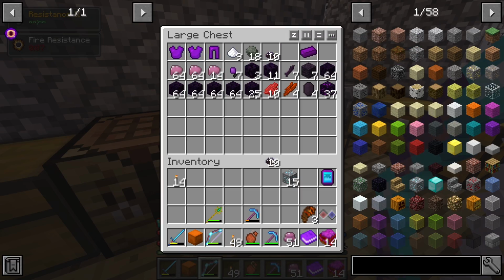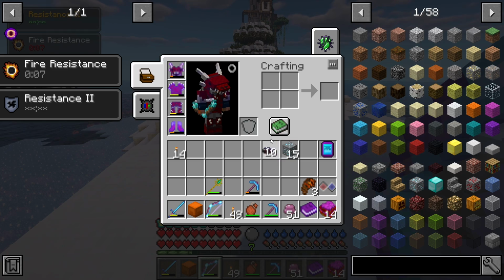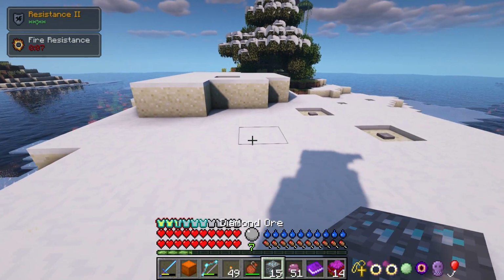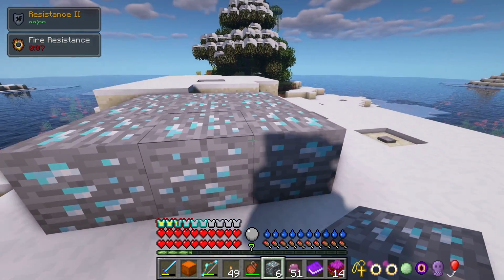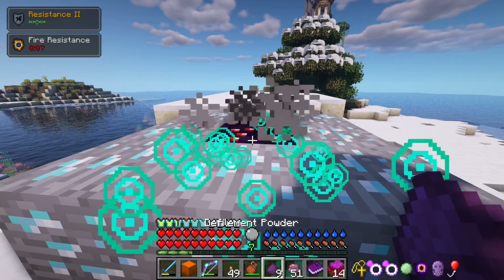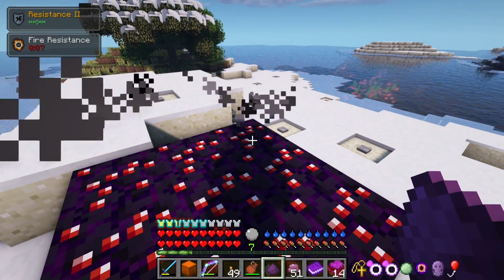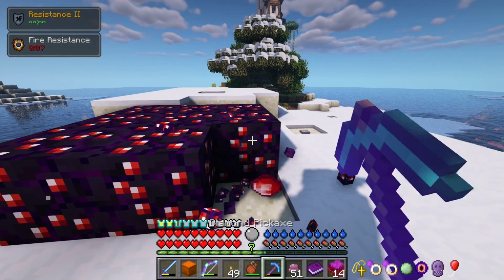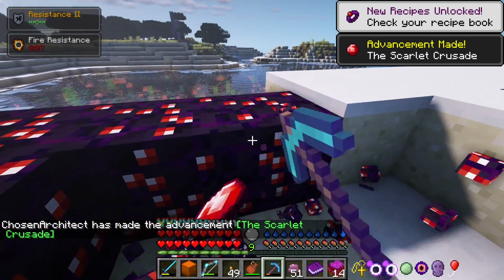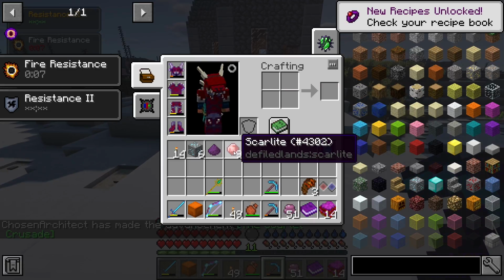So what we need to do to obtain this, which I don't even know if this ore actually spawns underground, so it's going to be really nice to be able to do this, is we're going to take this, place the ore outside because I don't want those giant things potentially spawning and just wrecking everything. And I'm going to place some of this down. Look at that. And it just changes it. What? And then when we break it, we get the Scarlet Crusade advancement. So now we have Scarlite,